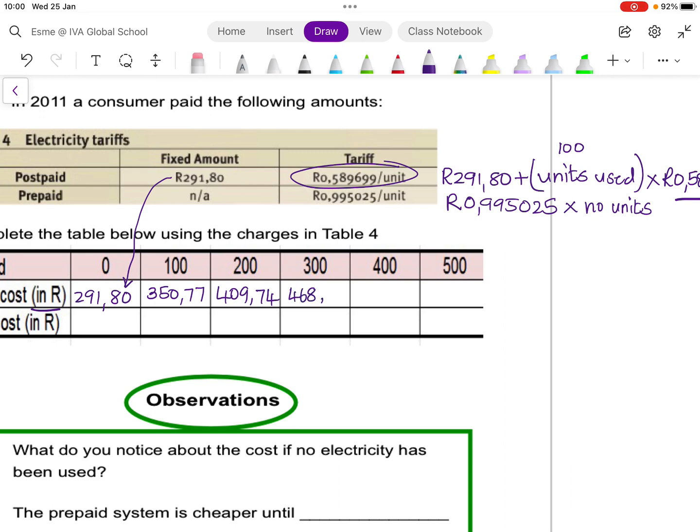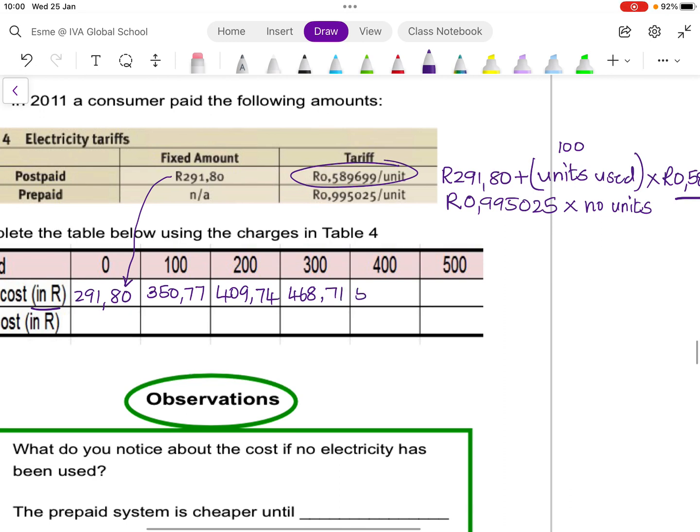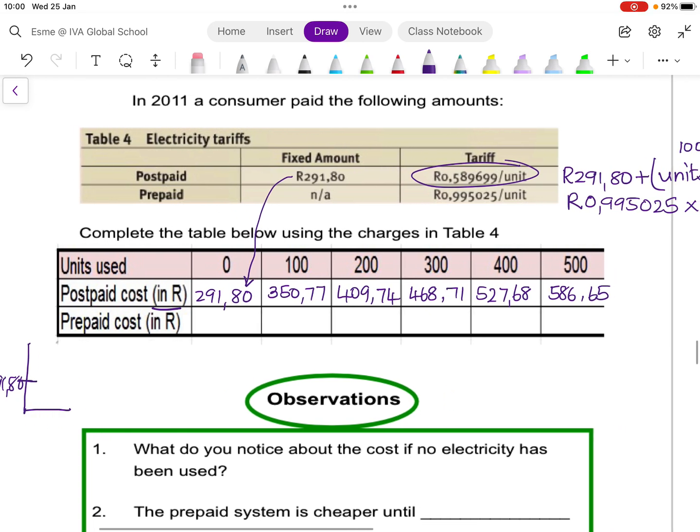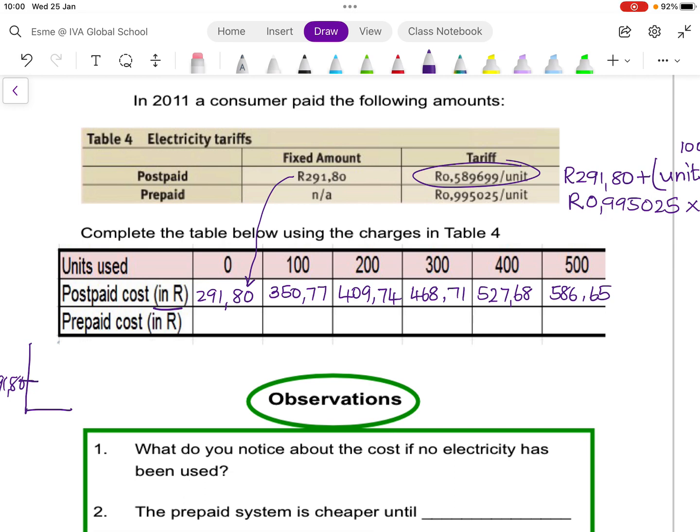Please check that you know how to do this. 71. 400, I would pay 527.68. 500 is going to be 586.65, and so on. Right, the prepaid, all I'm going to do is I'm going to take 0 multiplied by